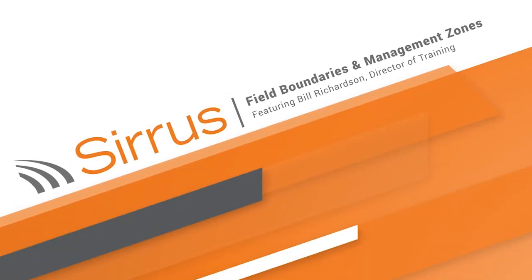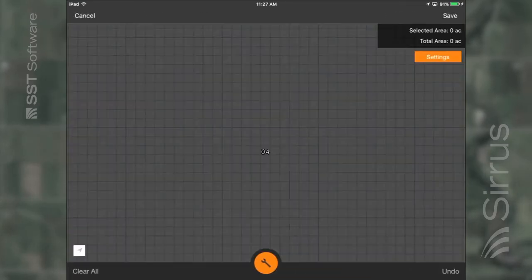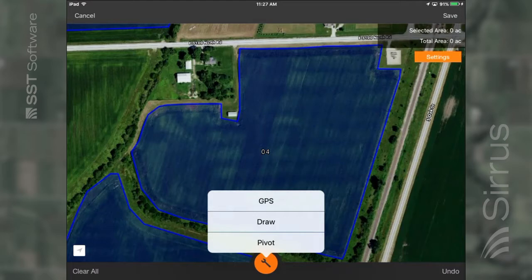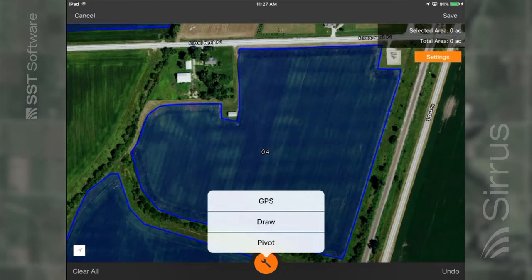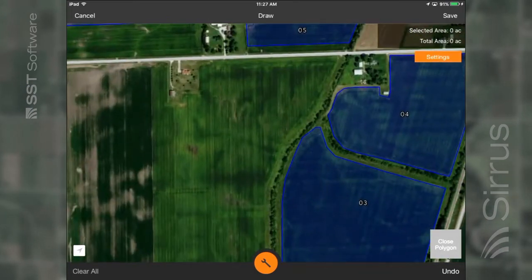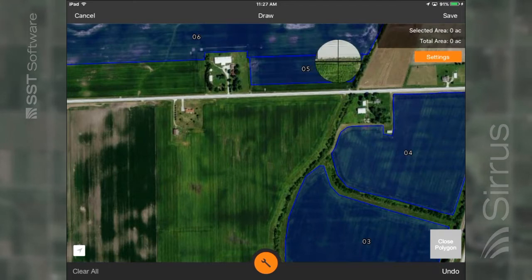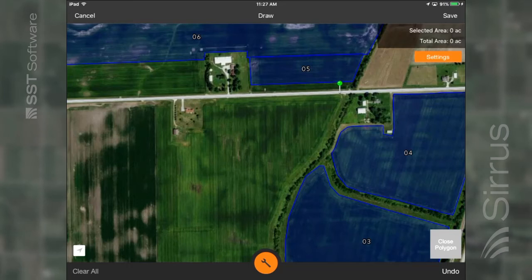A field boundary is defined by the largest extent of the cultivated managed acres within an area that stays the same over time. So if I choose to come in here and create a boundary, and in my case I'll do the draw option, and I choose another boundary here, and if I click on an area of that boundary, that's going to show up there, and I can pinpoint exactly where I want to drop that first pin